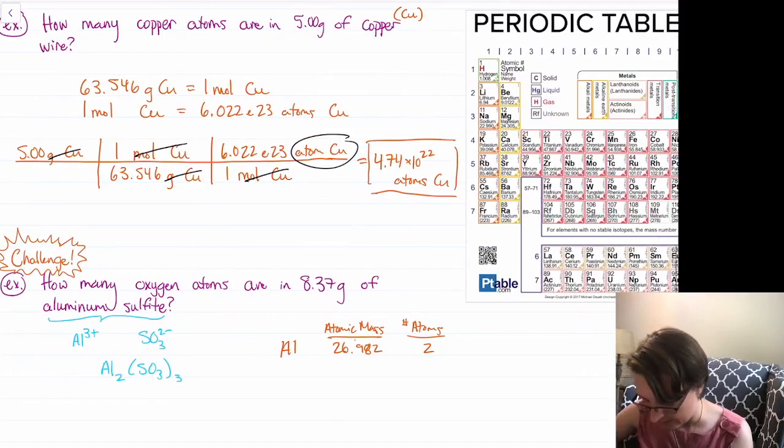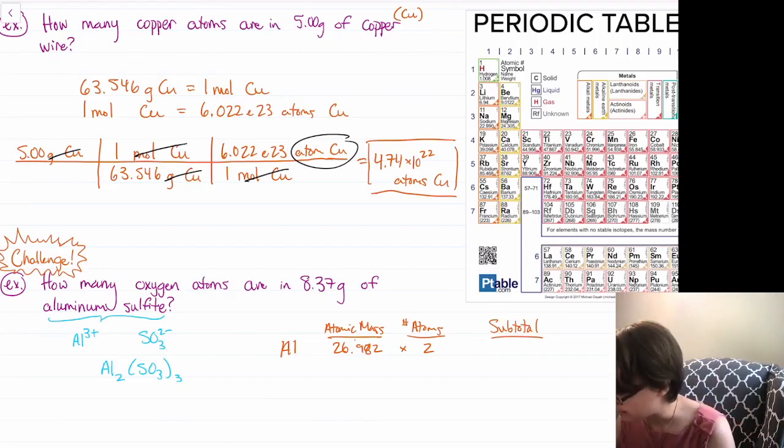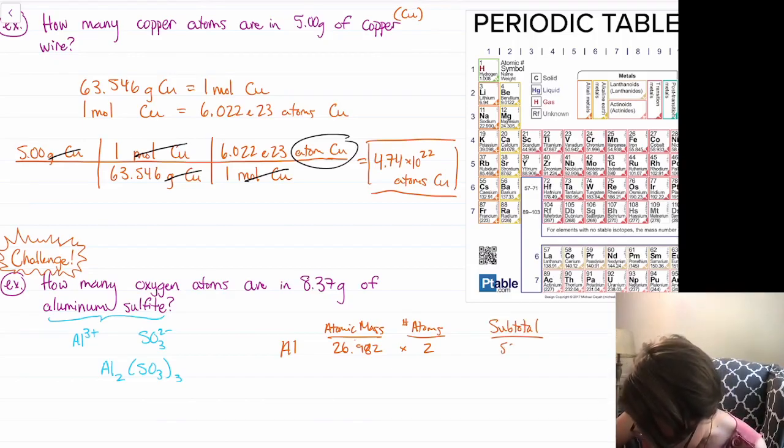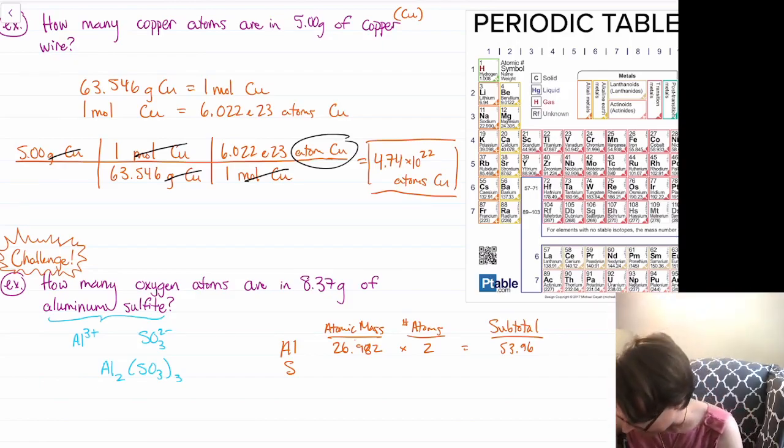Okay. And if we multiply these two together, this will give us our subtotal for aluminum, which ends up being 53.96 once you type it into your calculator. How about sulfur? You might think that there's only 1 atom of sulfur present in this compound, but actually this